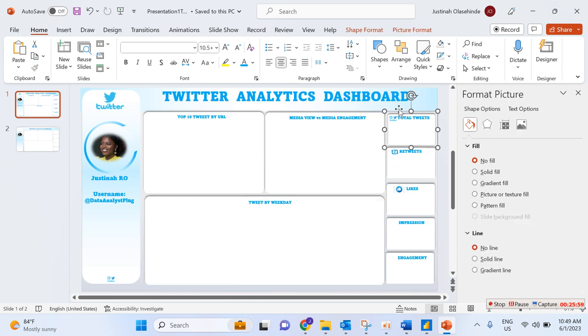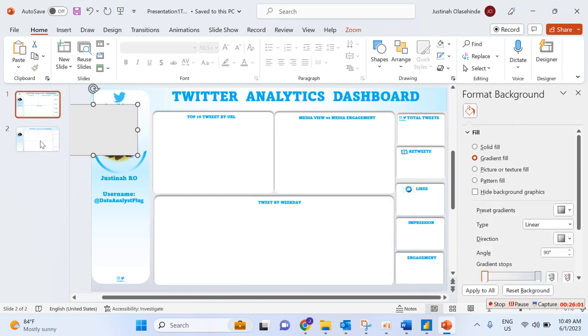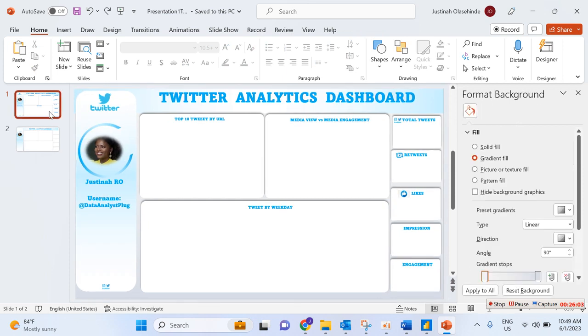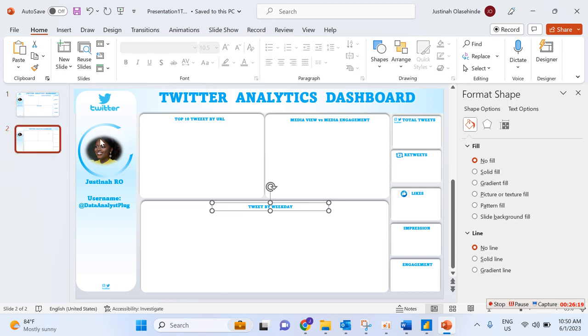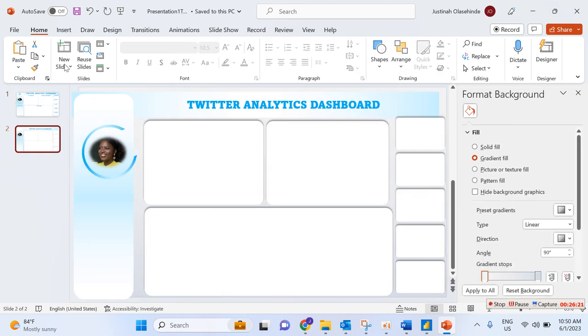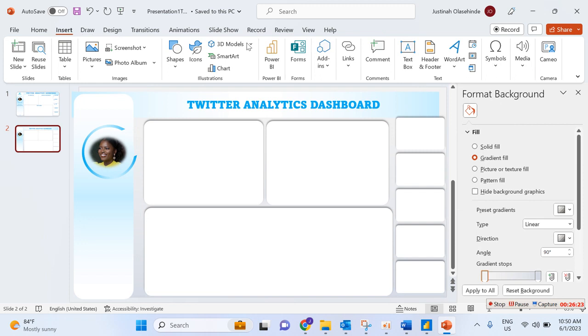So now for my card, these are the things that I want to see on my KPI, and also the other visuals that I want to see. So all I need to do here is copy and paste this. These are the things I want to see. Let me just show you how to do that. It's just you